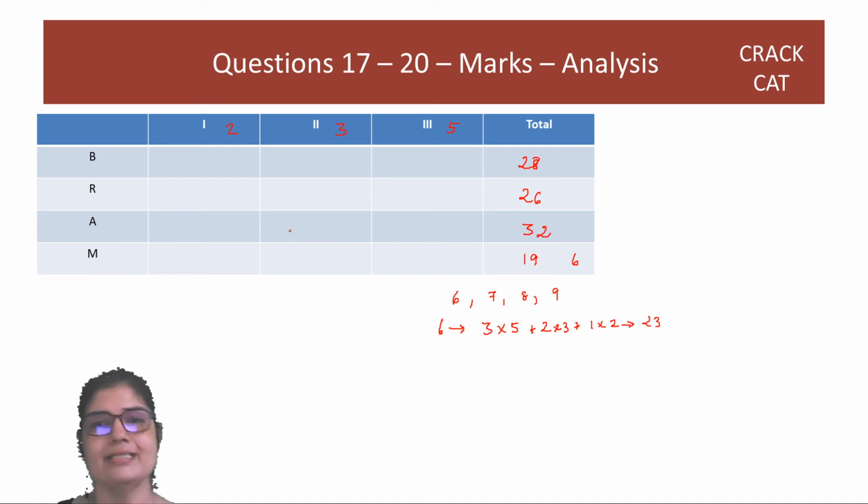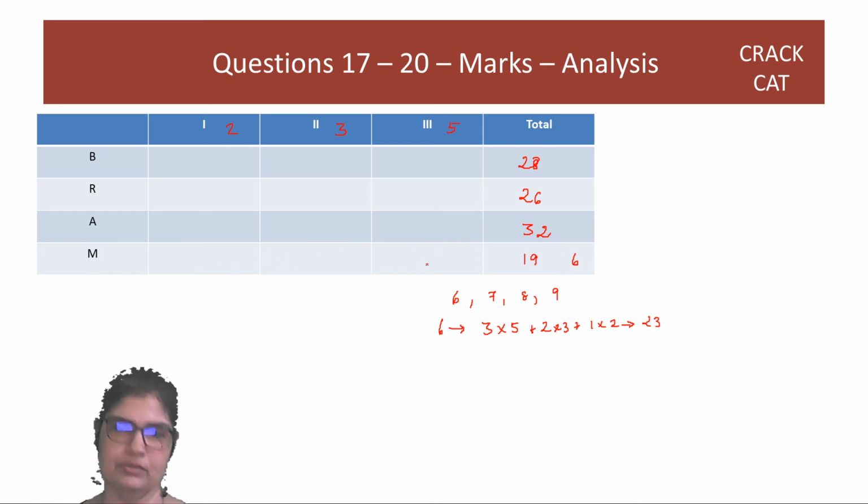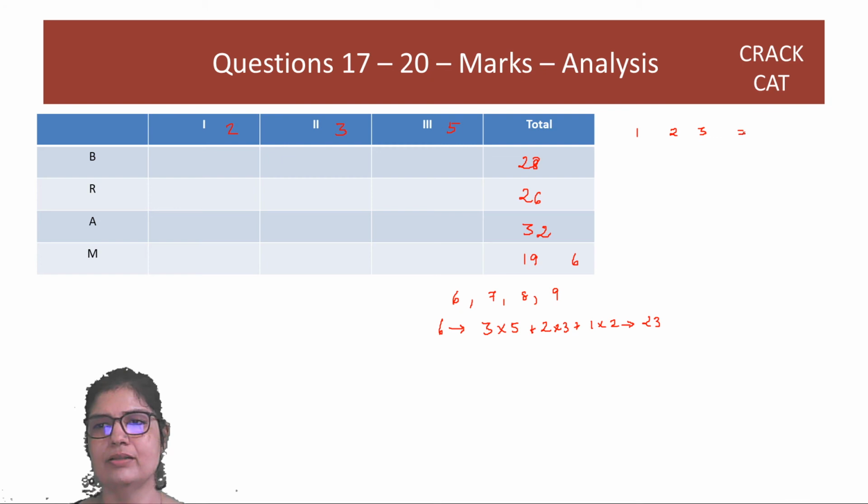So now let us see how we can get the breakup of 1, 2 and 3 here. First of all, guys, here we'll do a lot of odd-even analysis. I want you to understand that in some section 1 question is attempted, in some section 2 questions are attempted, in some section 3 questions are attempted, correct? Such that the product and the sum is 19, which is odd.